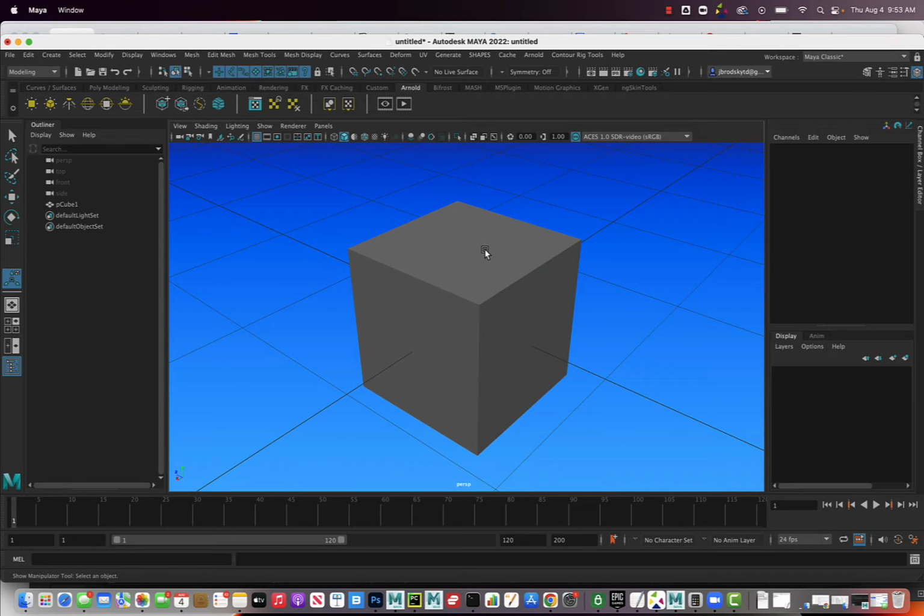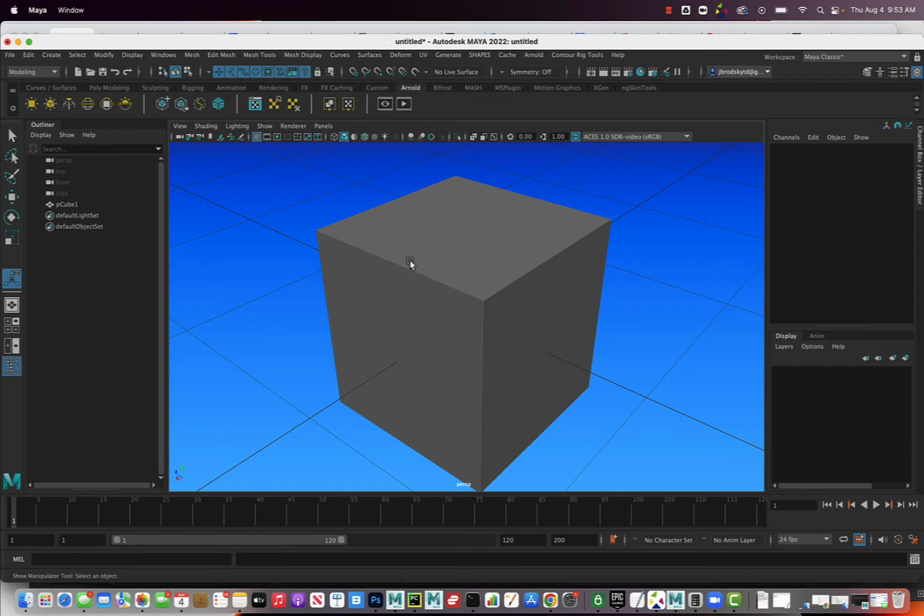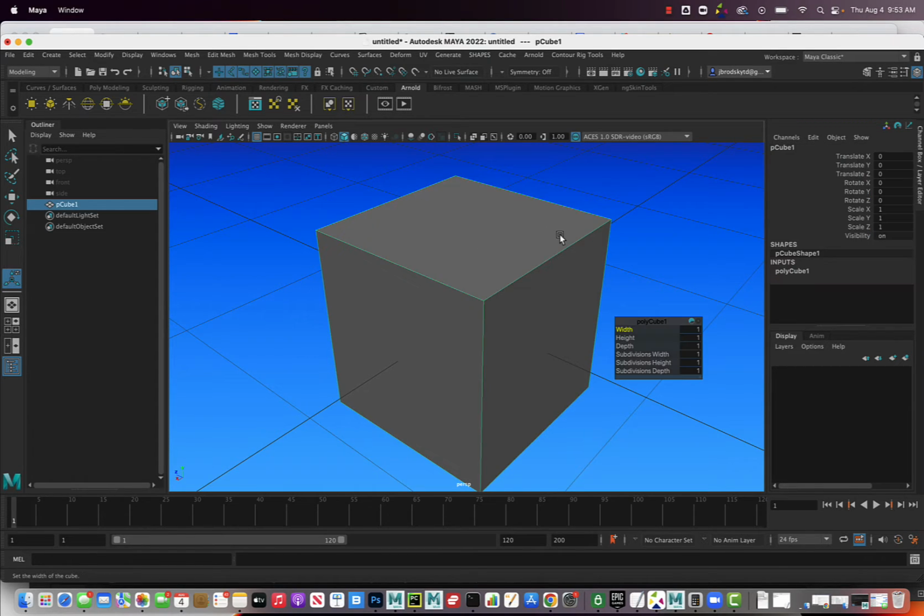So if we wanted to kind of maintain this cube shape, it gets some little radii, whatever you want to call them, on the edges. The way we could do that is by inserting some edge loops close to the edge, so that when they do subdivide and smooth, it's only rounding out a small little portion instead of rounding out this big shape. So let's go ahead and do that. So I'm going to select my cube and I'm going to go to mesh tools